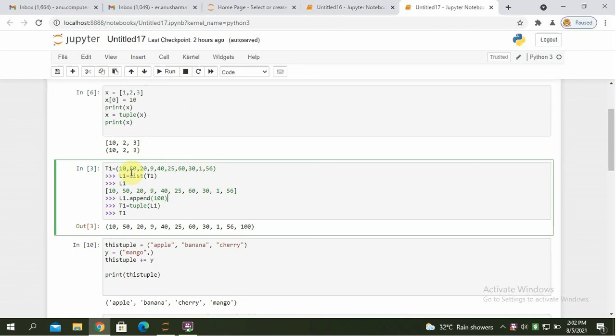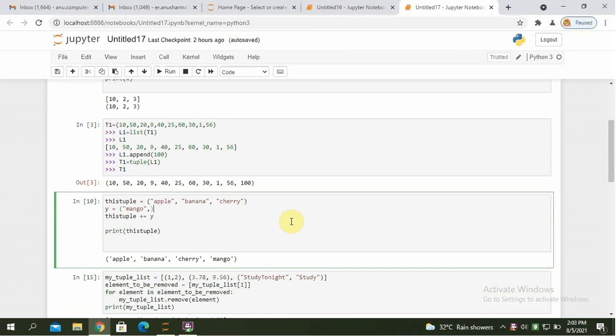Here t1 contains these items, then l1.append(100). Run it, and the output shows 100 appended. So you can convert into a list, add your items and convert it back into a tuple.